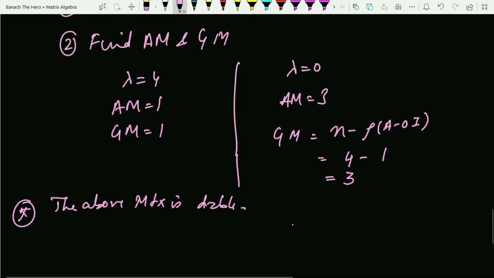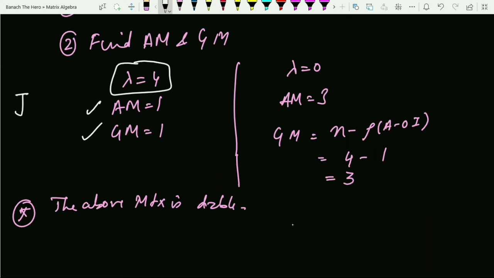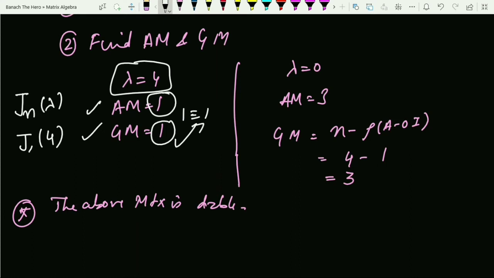Now the third step is the most important step. In the third step we are going to learn how to find the Jordan canonical form. For lambda equals 4, the AM is equal to the GM, right? So definitely we will have a block J_n(lambda), where lambda is the eigenvalue. Corresponding to lambda equals 4, we will have 4 only. And what will be the size? How will we decide this n? The n will be decided using the previous concept, that is, you have to make the partitions of the AM. The partition of AM is nothing but 1, and you have to find only the one partition, that is 1 only. So the n corresponding to this will be 1.